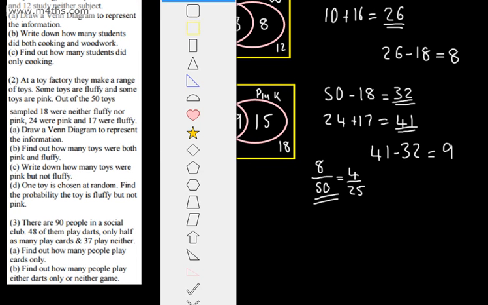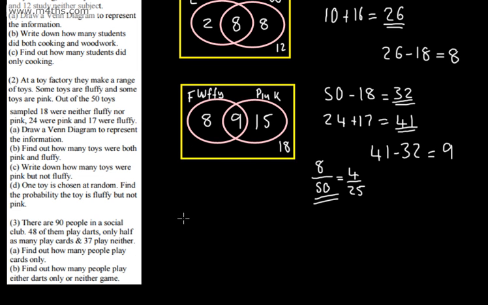Let's do the last one. So what we've got then is this last one. So if I just draw the Venn diagram, we can set this up. So let's read it. 90 people in a social club. 48 of them play darts, only half as many play cards, and 37 play neither. In part A, we need to find out how many people play cards only, and in part B, find out